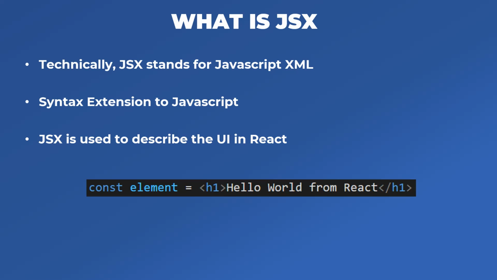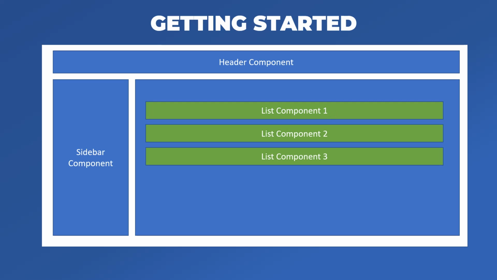So you can imagine your document object model or your screen to be built using several components, like so. Imagine this is your screen and you can think of your screen in terms of various components. You could have a header component on the top. You could have a sidebar component like here, which takes care of all the sidebar related functionality. You could have a main content component followed by several list components within that, depending on what you want to show. And again, this is a very simplistic model to demonstrate what components are.